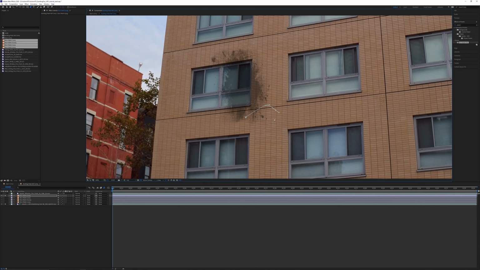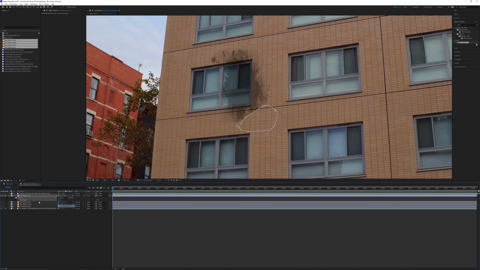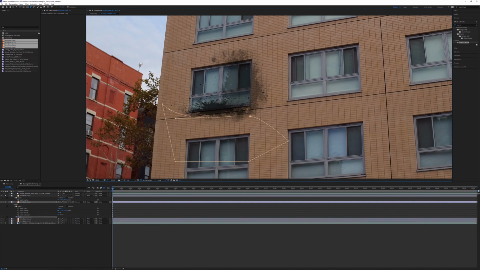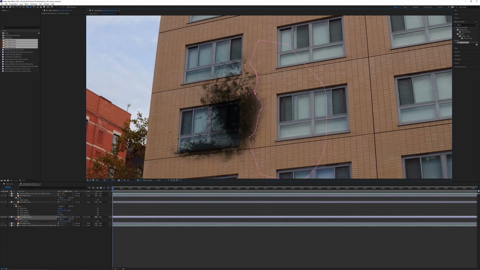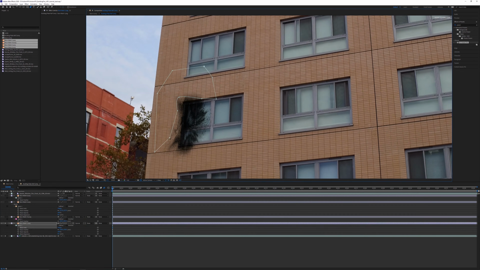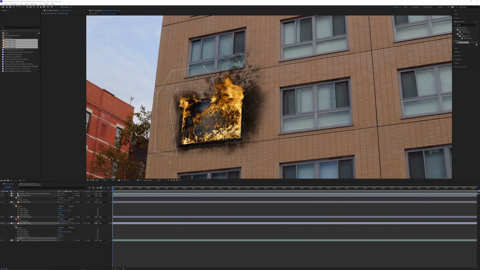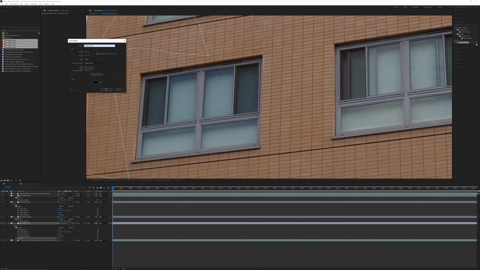So just grab a pen tool, and then we're just going to mask out some of this. Click M for your mask, subtract it, F for feathering, and then we'll just feather this until that hard edge goes away. Something like that. And then we can adjust these later, but especially some of these ones that go really, really low. I don't really want it to go that low. All right, something like that I think looks pretty good. As I said, we can go back and tweak that later.